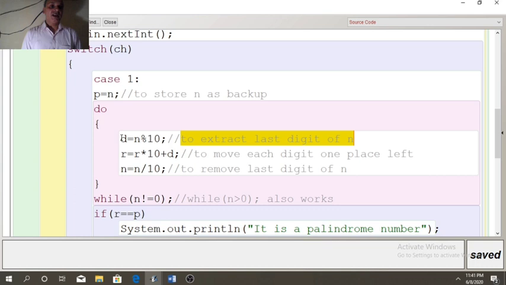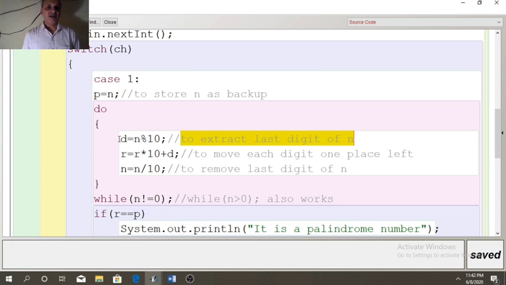Whenever we want to extract each digit of the number to make any logic, then every time we need to write these two important lines. Modulus 10 will find the last digit, slash 10 will remove the last digit. Now we will see the working of this program.